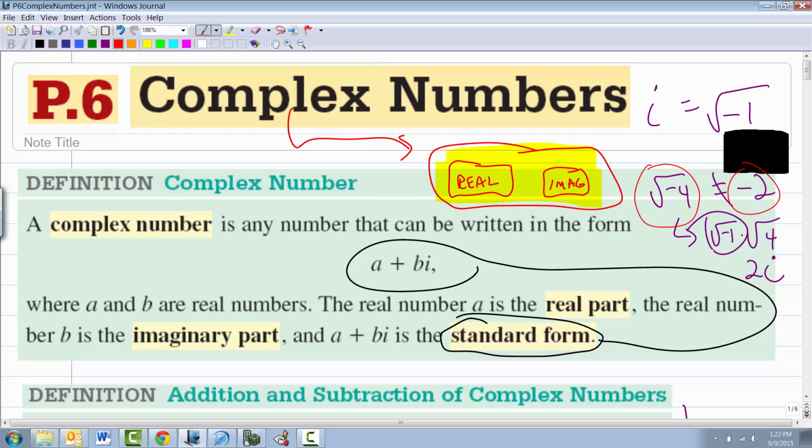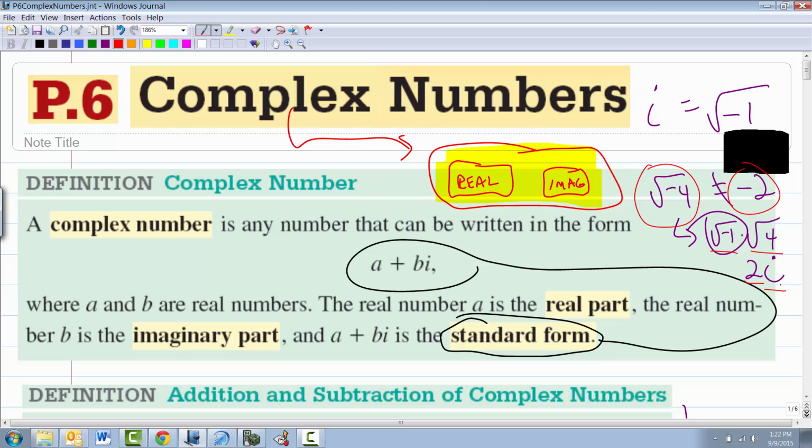So somebody back in the day said, all right, maybe we could break this up. So that's what I did next. We got rid of the square root of negative by calling it square root of -1 times the square root of 4. Now everyone knows what the square root of 4 is. What is it? 2. So then someone said, you know what? Since square root of -1, we're isolating it, let's call it something. So what do they call it? i. Hey, I'm just the informant.